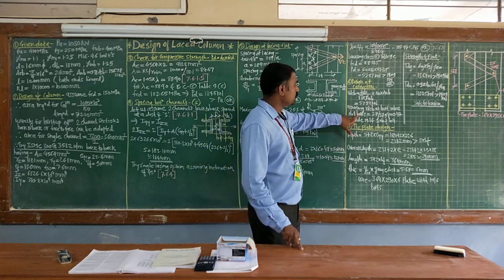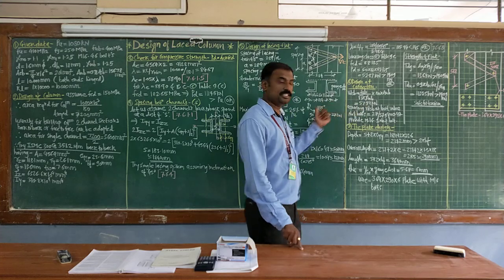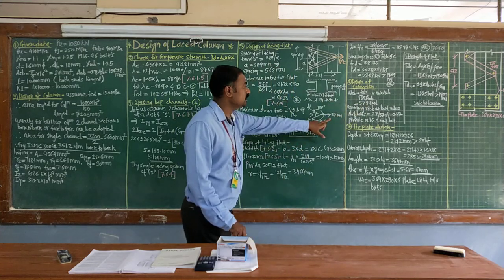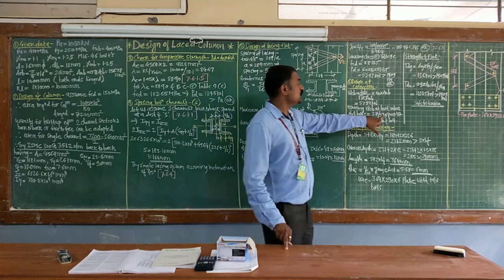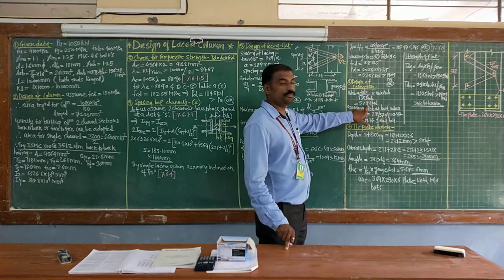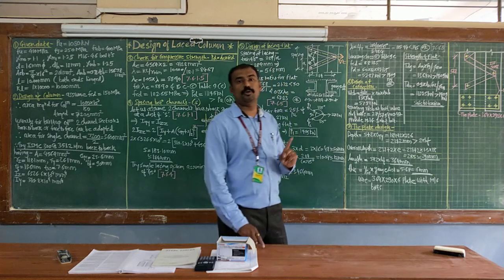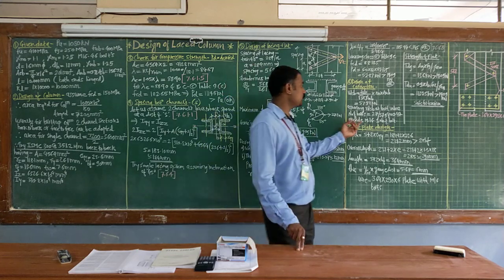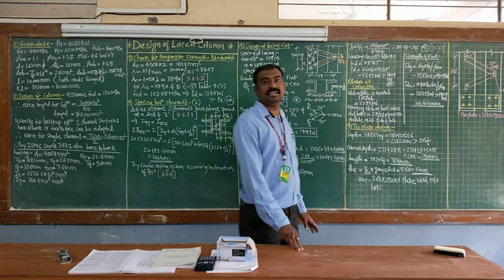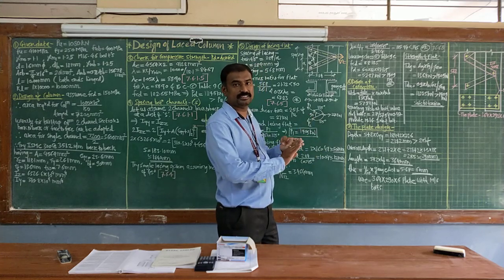So I am writing number of bolts equals total force acting, which is 27 kilonewton, the total shear force, divided by the strength of one bolt. One bolt is 57.94, so it is about 0.47. So a minimum of one bolt should be provided. Therefore I am writing: provide M16 grade 4.6 bolts at every intersection of your lacing flats. Correct?